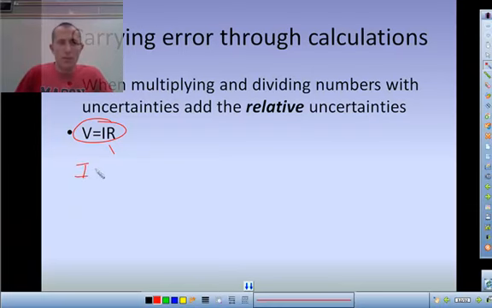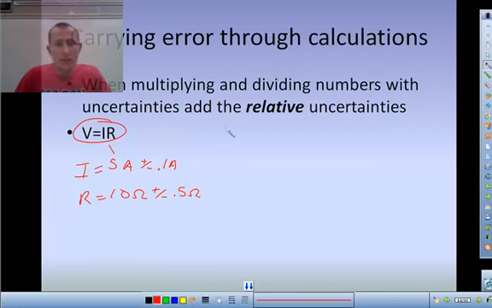Let's say we have a current of 5 amps, and the uncertainty in the ammeter is plus or minus 0.1 amps. And the resistance is, we'll use 10 ohms here. And the resistor measurements have a tolerance of plus or minus 0.5 ohms. Okay. So now,